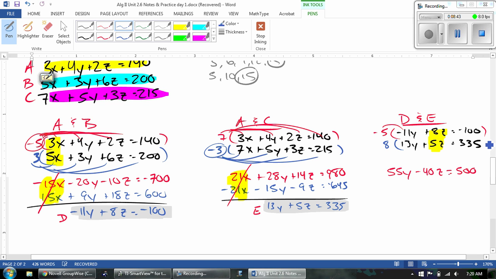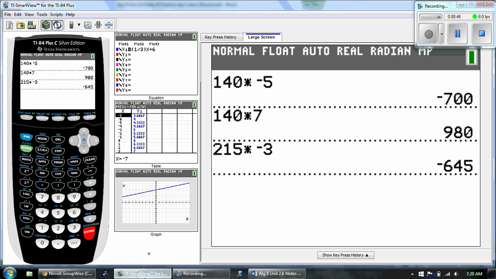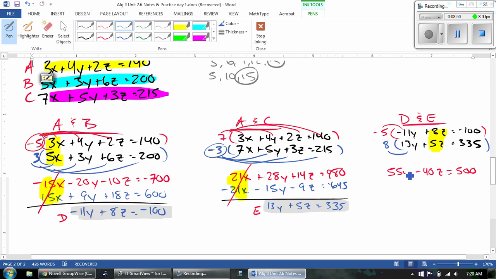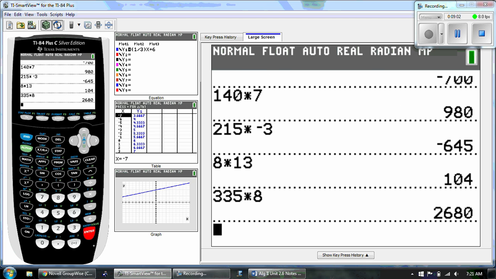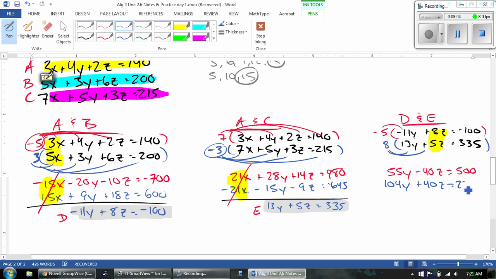Now on the bottom, we're multiplying by 8. So we have 8 times 13, which gives us 104, plus 40z equals, we have 335 times 8, and that gives us 2,680. Okay, so our z's cancel, just like we wanted them to. And now we're left with